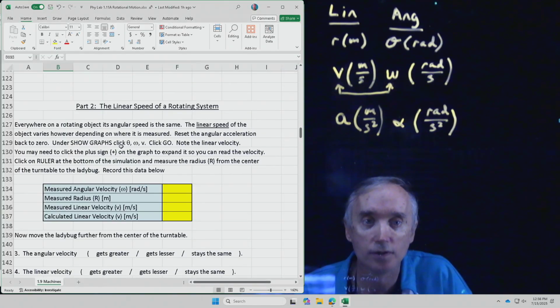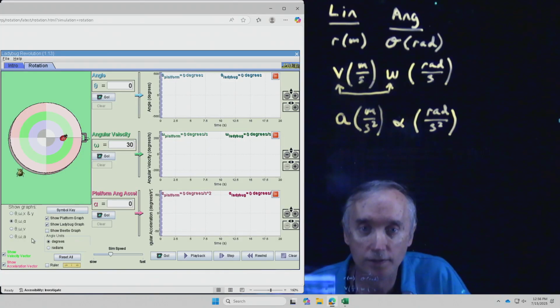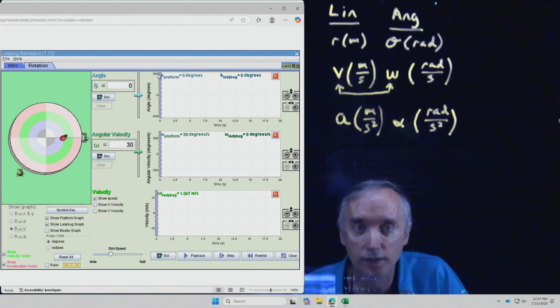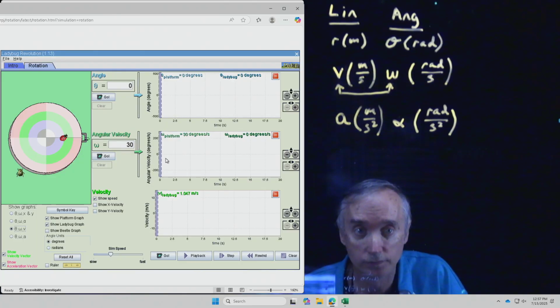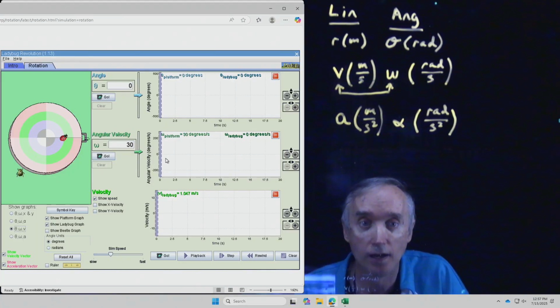And it says to reset the angular acceleration back to 0, show the graphs, click on theta, omega, and v. Theta, omega, and v. So that is going to be this one down here, theta, omega, and then v. So this is going to tell you the angular distance, the angle that it rotates through. It's going to be telling you what the angular speed is, radians per second, and then it's going to be telling you what the